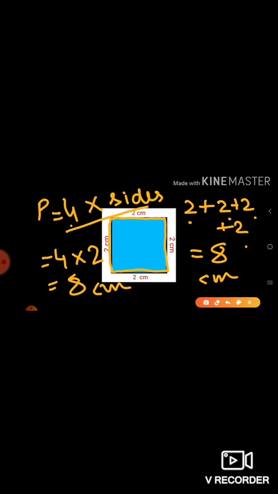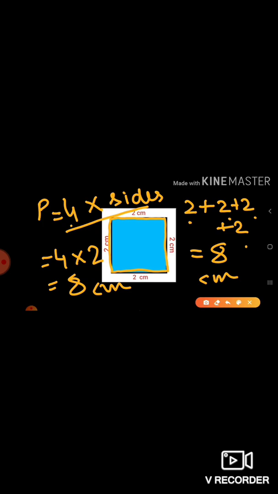Have you understood what I am saying? So perimeter is nothing but the length of the boundary. So here the length of the square is given as 2 centimeters. Because in a square all the sides are equal, you have to add those sides. So 2 plus 2 plus 2 plus 2, your value will be 8. Instead of adding like this, we can bring a formula. That is, the perimeter is equal to 4 into side. This is the formula for the perimeter of the square. So 4 into side, how much is the side here? 2. So 4 2's are 8. So perimeter of the square is equal to 8 centimeter.